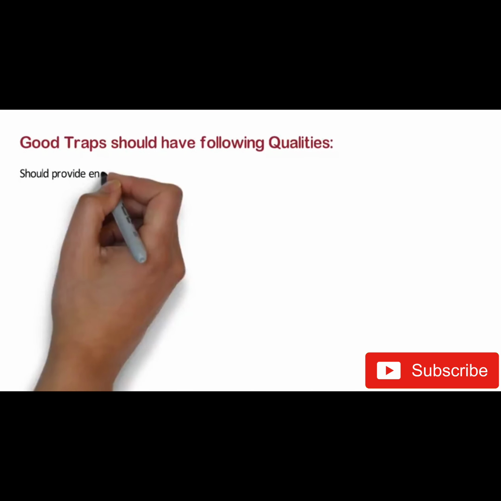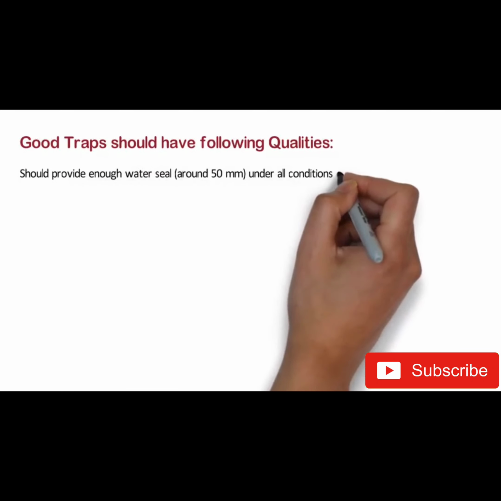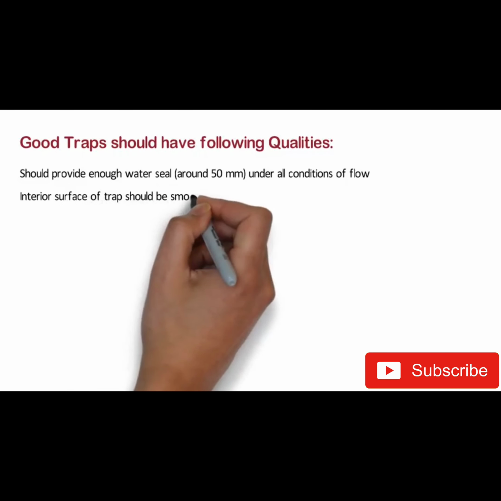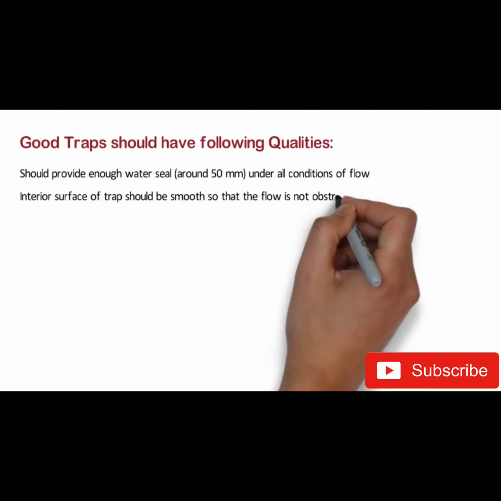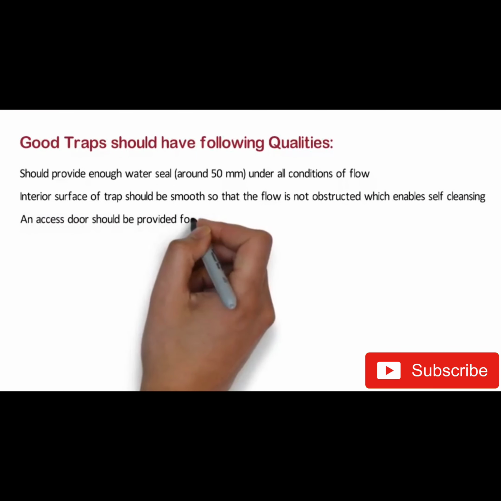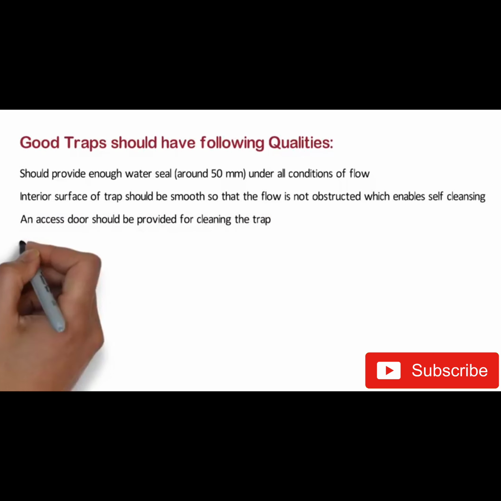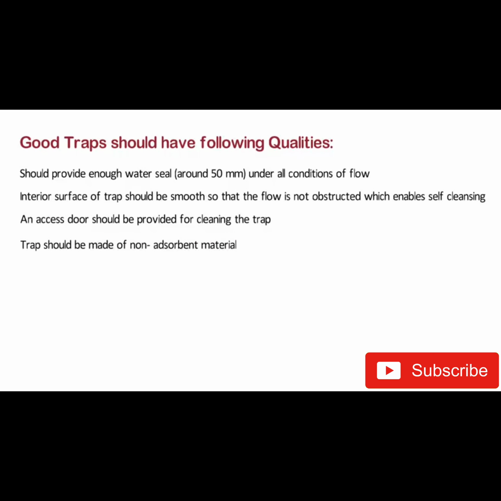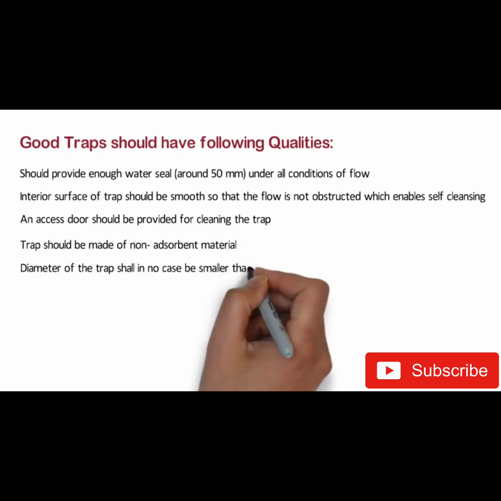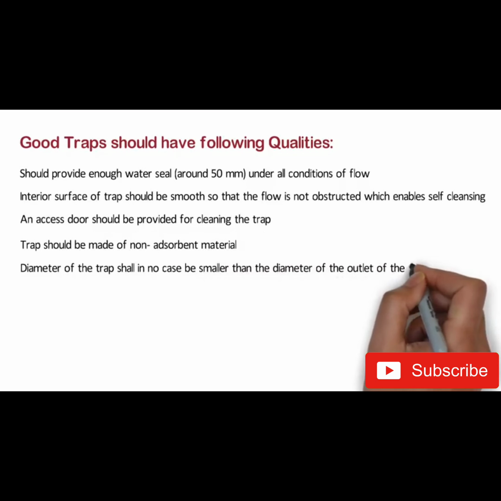Trap should provide enough water seal, around 50 mm, under all conditions of flow. Interior surface of trap should be smooth so that flow is not obstructed, which enables self-cleansing. An access door should be provided for cleaning the trap. Trap should be made of non-absorbent material. Diameter of the trap shall in no case be smaller than the diameter of the outlet of the fixture to